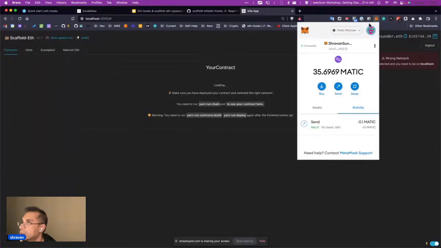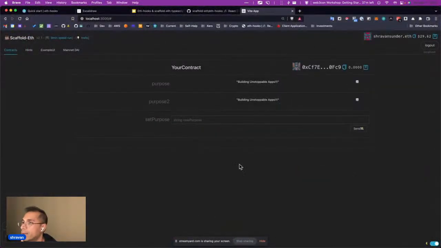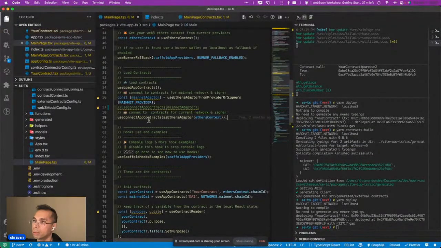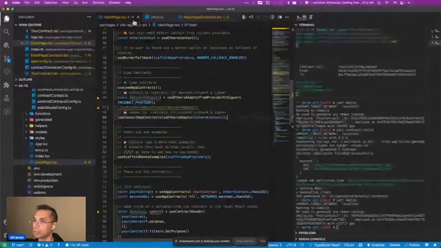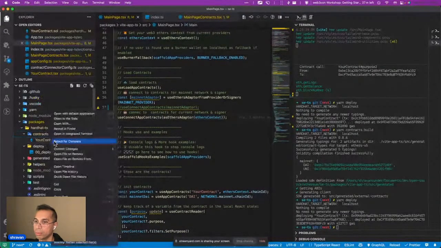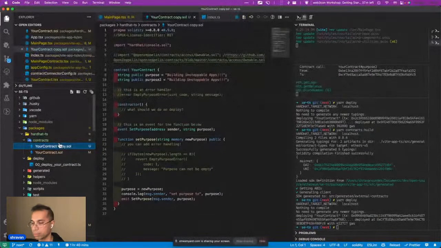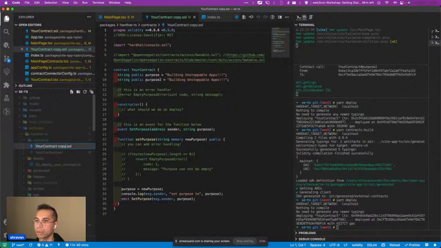So I'm going to go back to localhost. And as you can see, because I've deployed it into localhost, you have access to the contracts in localhost. And that's pretty much it. That's how you would connect to any contract in your app. And you can easily add new contracts in the same way. So if I create a new contract called my new contract,